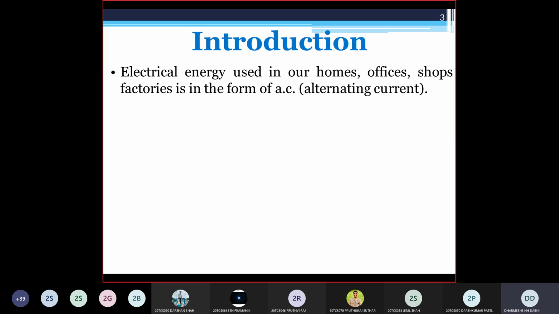Clear? So whenever you need to transmit AC power over a long distance, you transmit it at high voltage, because you want to reduce the loss of power. Clear? That is only possible by using the transformer. But it is not possible in case of the DC system, because there is no DC transformer available. Because the transformer's principle is based on electromagnetic induction, Faraday's laws of electromagnetic induction.